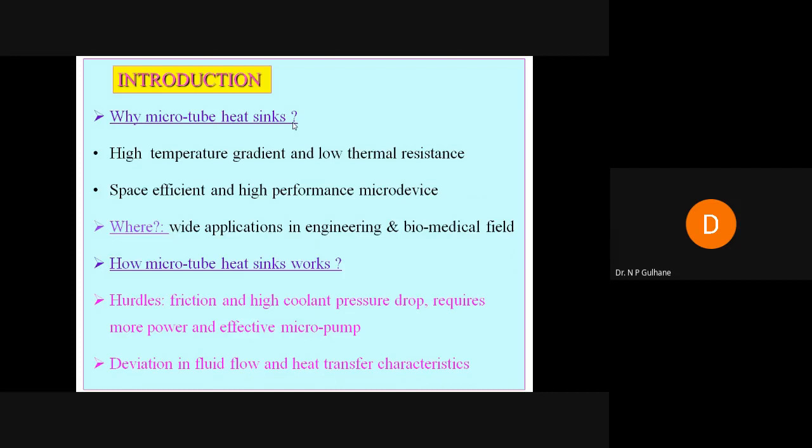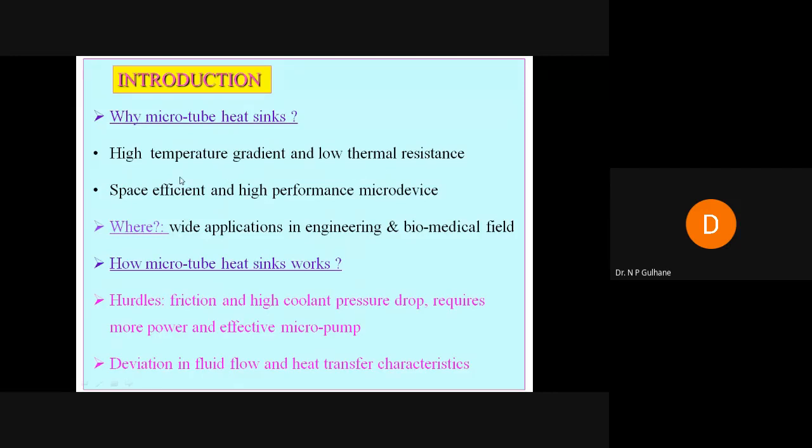This microtube is also used in the gas turbine to cool the gas turbine surface, so that if the temperature of the gas turbine reduces to a certain extent, it enhances the fuel economy. If it enhances the fuel economy, the air tickets can have reduced fuel charges. So this way, it is more economical. It is possible that in a small surface, we have a very steep temperature gradient. Because of the small surface, small diameter, the temperature rise in such a small space is very, very high, a steep temperature gradient. But the thermal resistance is very, very low.